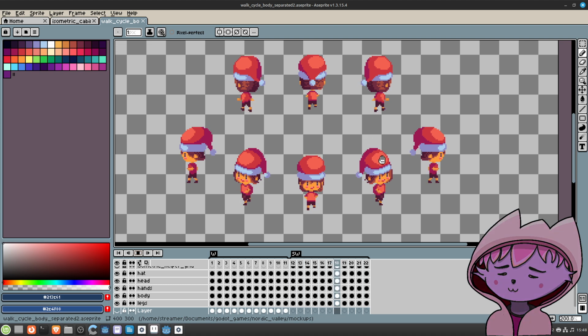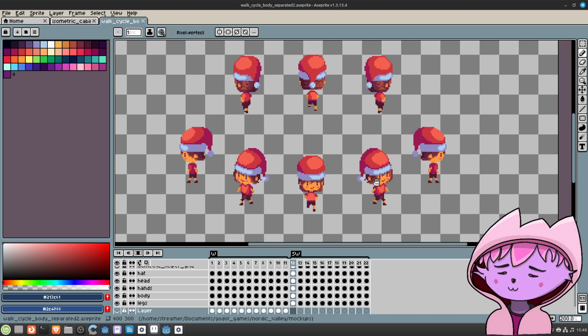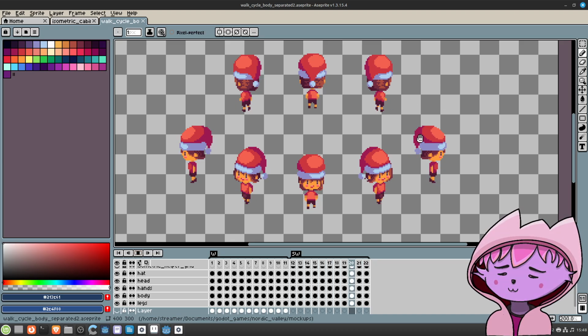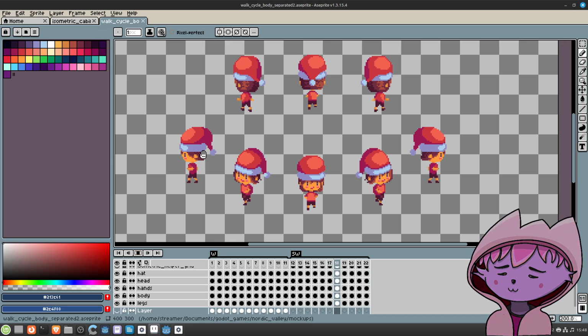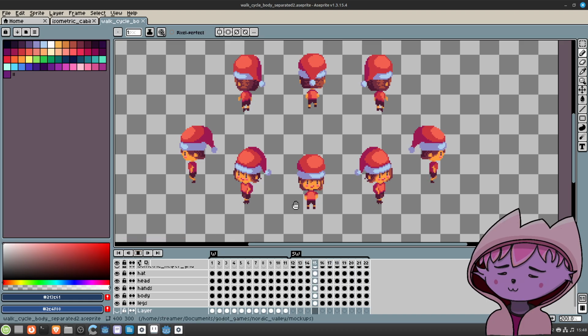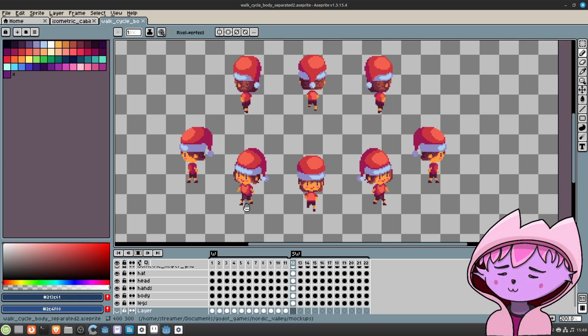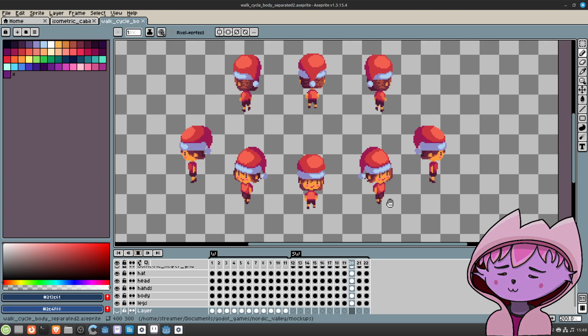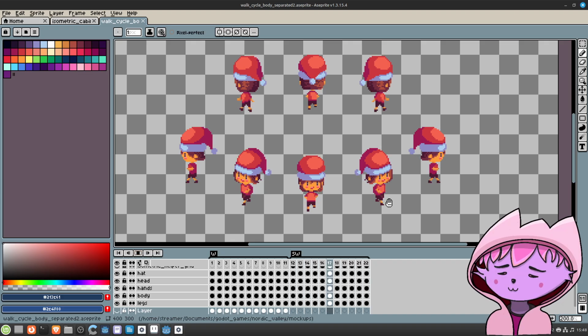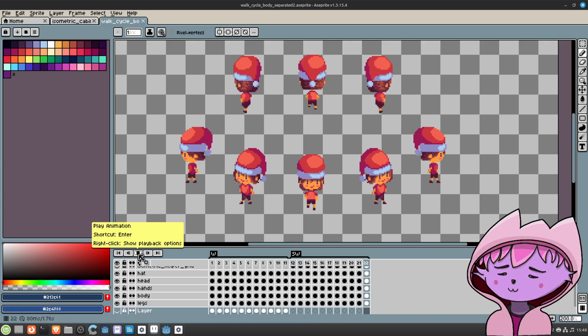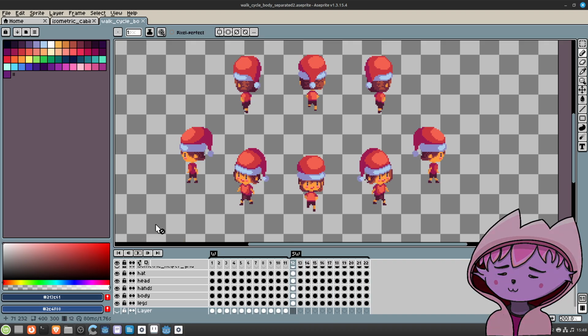Ignore the fact that the lighting is completely false on this side because I just copy pasted these three animations and flipped them over to this side. And of course the movement of the feet is also not accurate, because as you can see here, the left foot is moving and here it's right. But anyways, the thought I want to go through here is this separation of body parts.